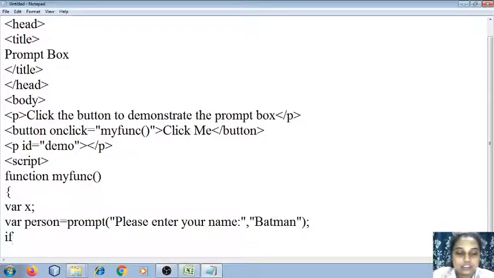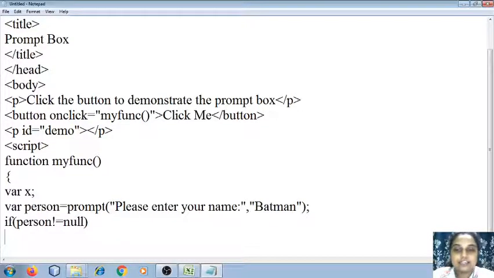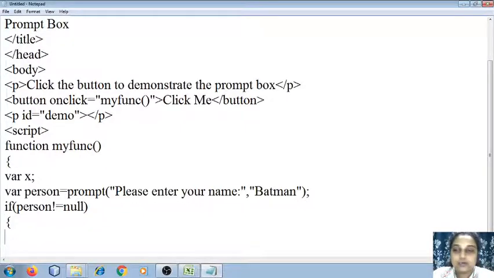So I'm going to use the if condition, and then I say if person is not equal to null, like if he has entered his name, then x is equal to hello person, how are you.